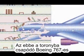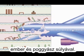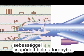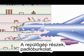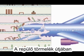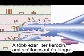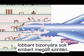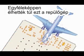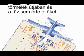The Boeing 767 that hit this tower was a large airplane with about 80 tons of metal, people, and luggage. The plane slammed into the tower at perhaps 400 miles per hour. Pieces of the aircraft, flooring, and office furnishings would have flown through 2 or 3 floors. Anybody in the path of this flying debris would have been killed. The thousands of gallons of jet fuel that sprayed into this area and then caught on fire would certainly kill a lot of people also. The only way anybody could survive this airplane crash was if the flying debris and the fires did not reach